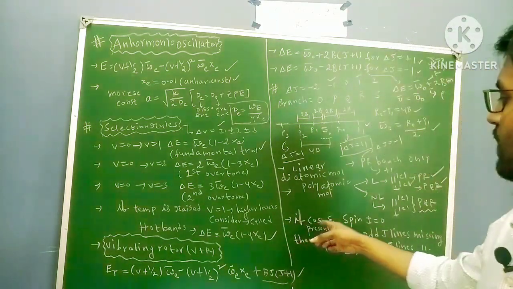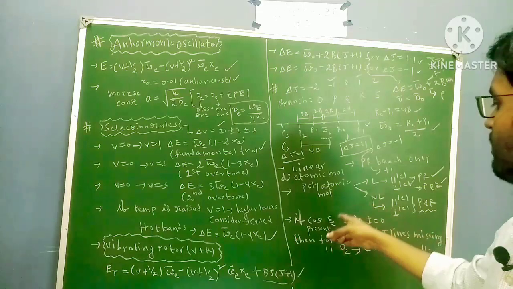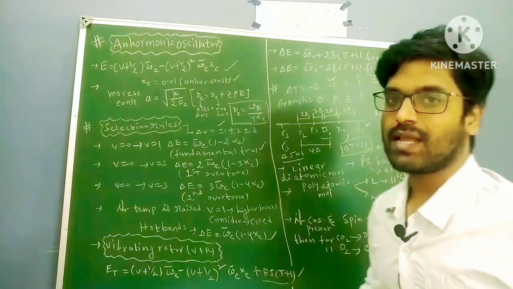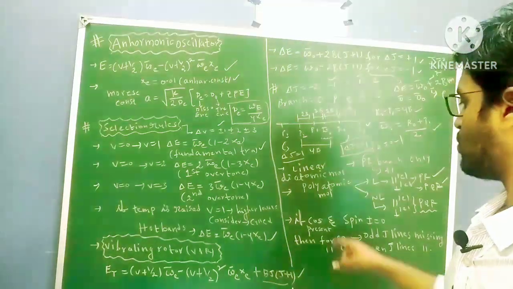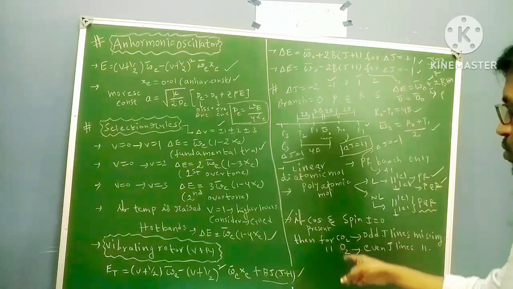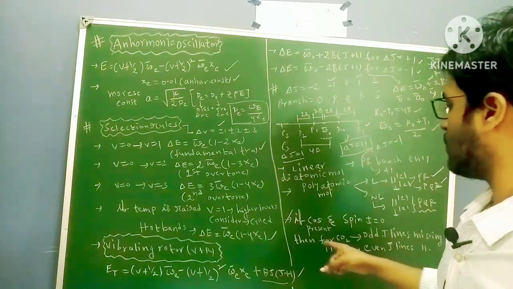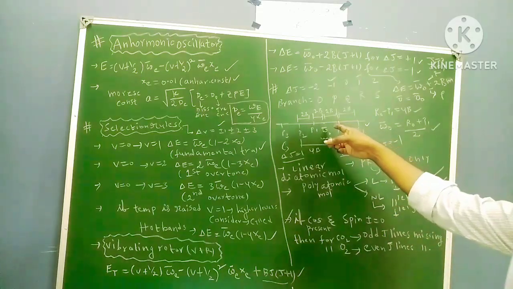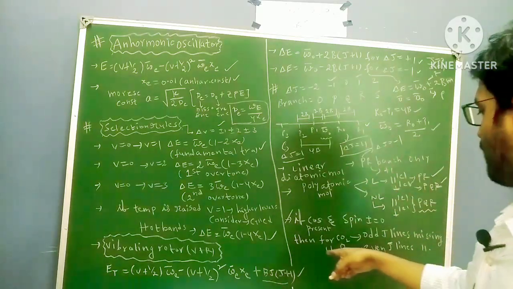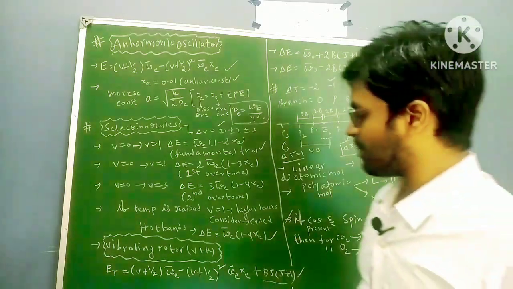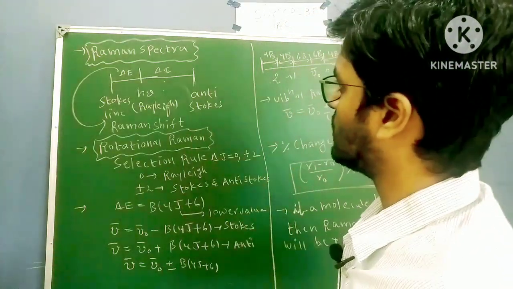Next, if center of symmetry is present but spin value is 0. For suppose if you take CO2, center of symmetry is there and the spin is 0. Whenever you have this type of condition, just remember these two only, a question might come on these. For the CO2 molecule, odd J lines are missing. From this diagram you have to see odd J lines missing, and for the oxygen molecule, even J lines missing. So Raman spectra, last one.